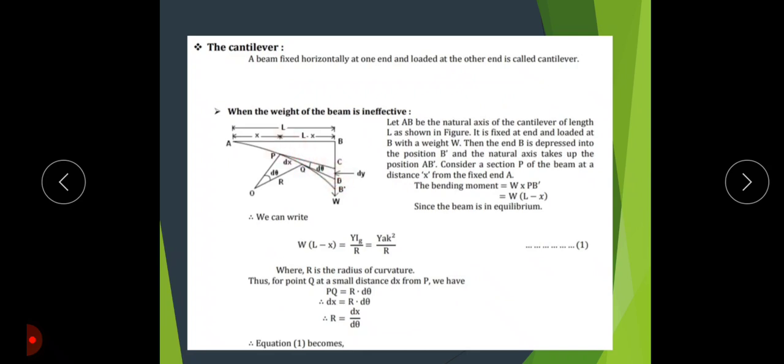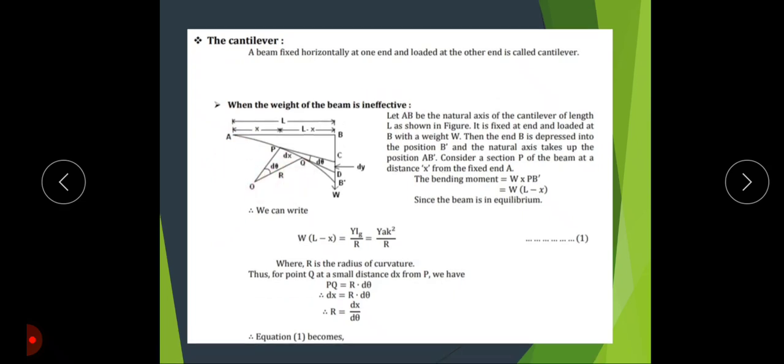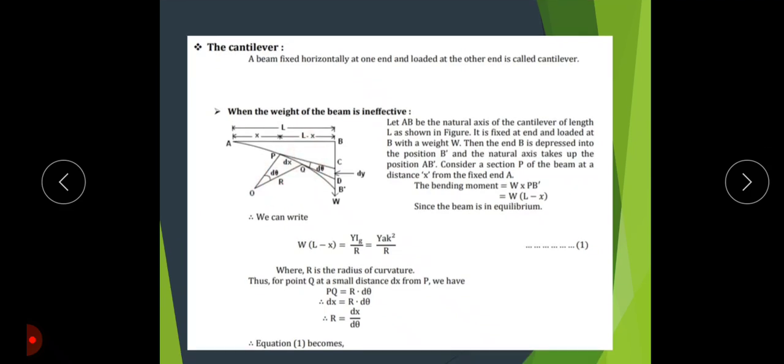The radius of curvature is different at different points and decreases as we approach the point A. When the weight approaches the point A, the radius of curvature automatically decreases, because the weight approaches the fixed end A. As the weight increases, the bending of the neutral axis automatically increases, so the radius of curvature of the bending always decreases due to the increase in the applied weight.